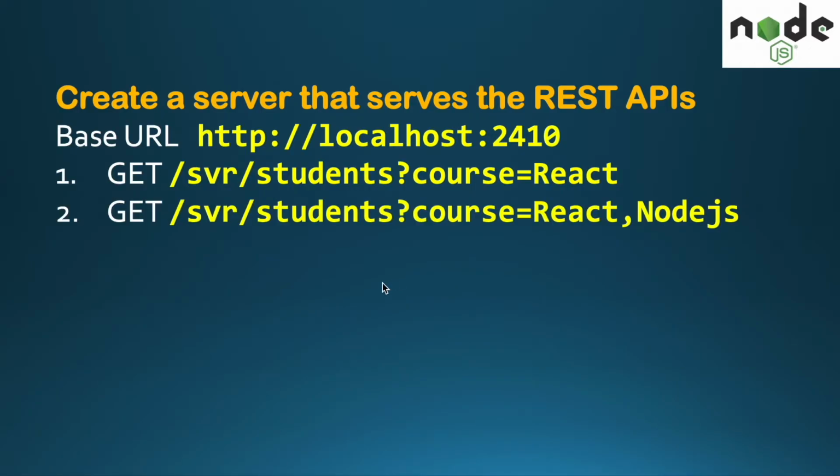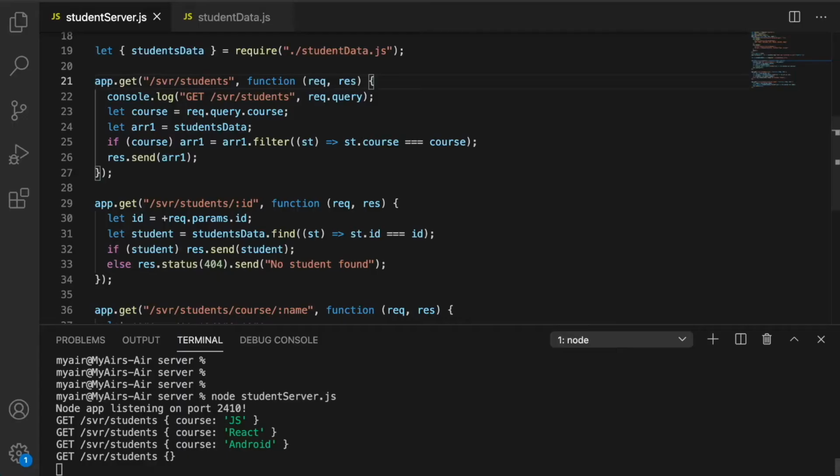Next, what do we want to do? /server/students?course=React,Node.js. So the course is comma separated. It can have multiple values. So this is also one of the standard ways that we define our parameters. So in this case, what it is telling us is that course can have a value and it can have one or more values in it separated by commas. So how should we handle it? Let's go ahead and modify it. So let's call it courseString here.